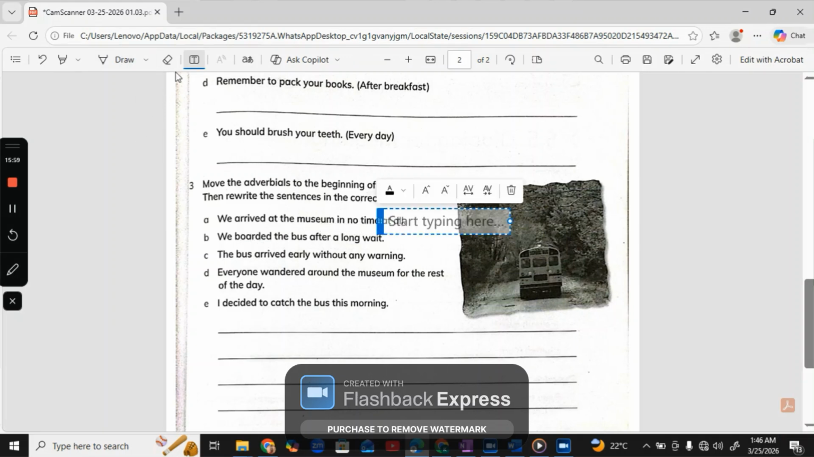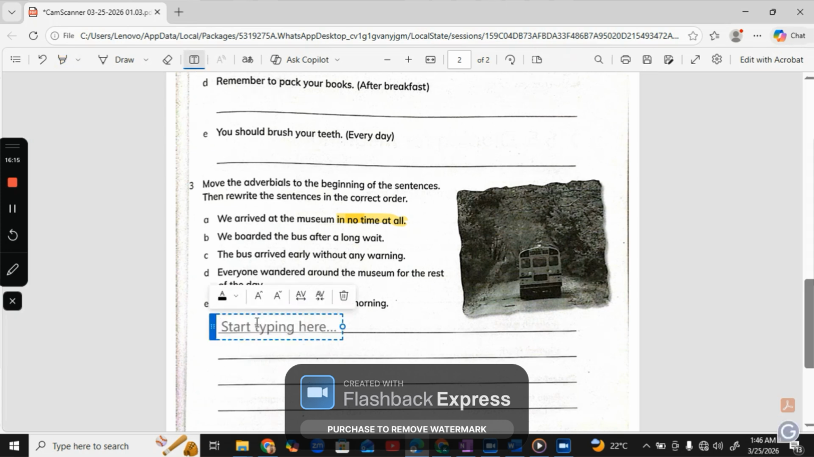I'll be highlighting it. All right, for you guys, I'll be highlighting it first. In no time at all. After that, I'll be rewriting it over here, because we have to use it at the beginning of the sentence. Make sure to write the question number as well. All right, A. In no time at all,